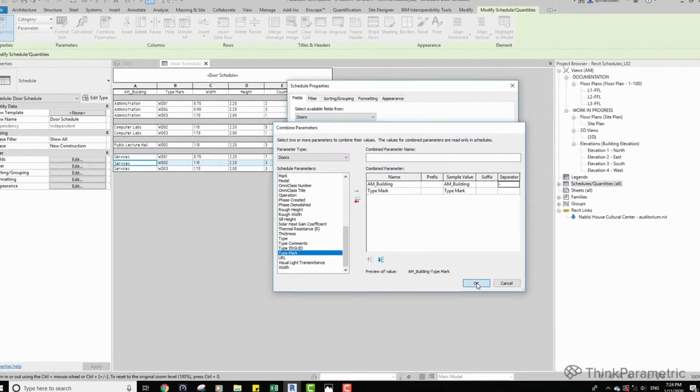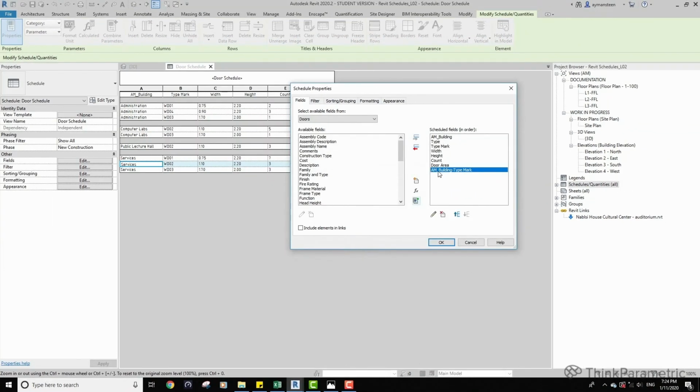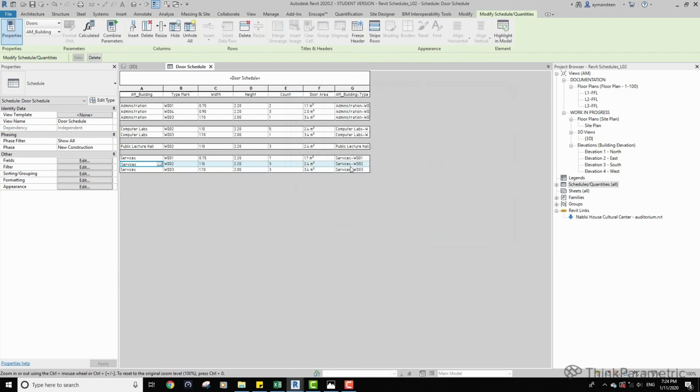And let's click OK. Here you can see that this is the name of the combined parameter. Let's click OK. Here you see that we have administration-WD01, which is the combination of these two parameters. And the separator is always the same, regardless of the values right here.